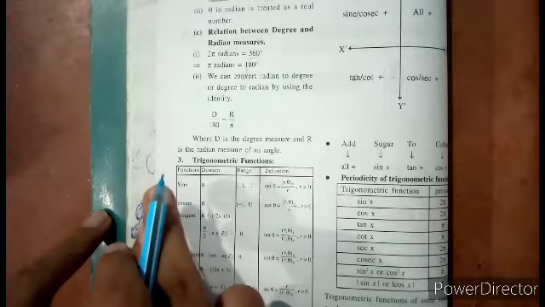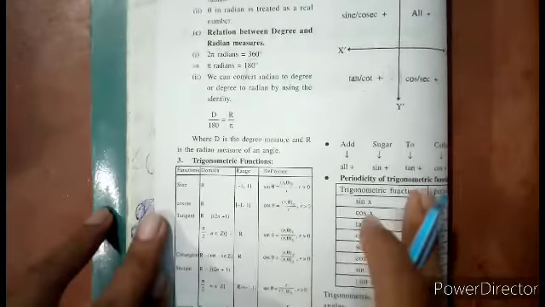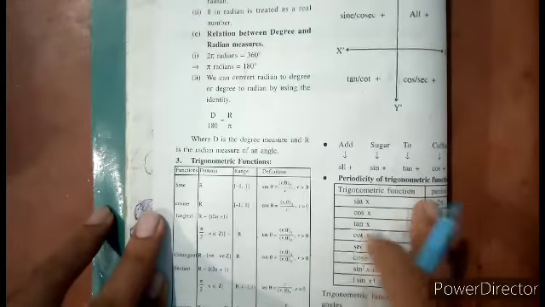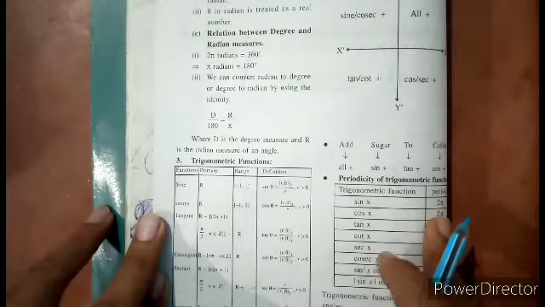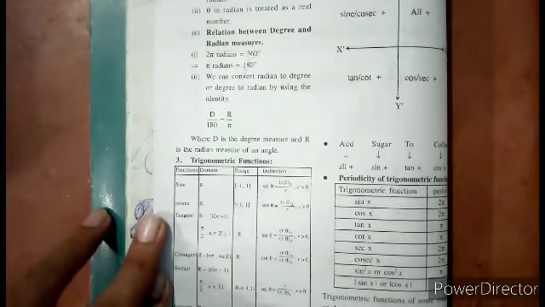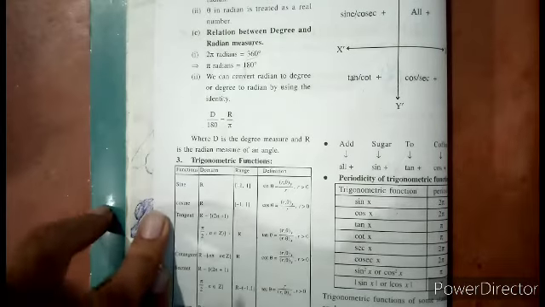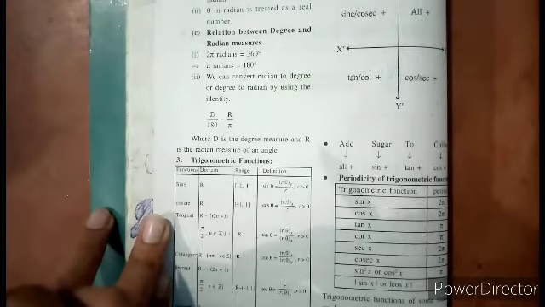And the revolution again starts after 2 pi. That is, for sin x, the period of revolution is 2 pi. For cos x also the period of revolution is 2 pi. Then come to tan x, that is tangent. We know that the formula of tan x is sin x upon cos x. If cos x is 0, then the term is indeterminate.